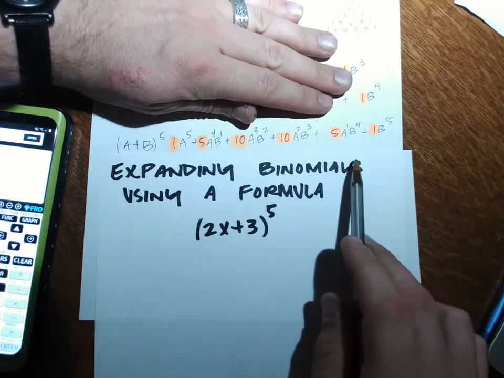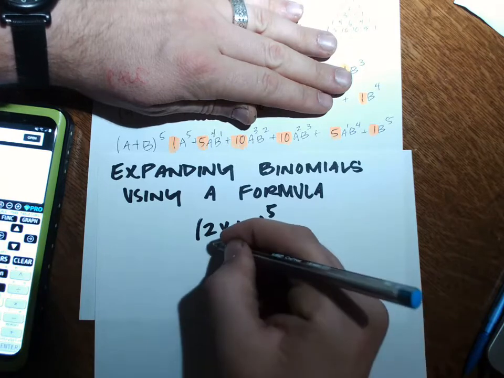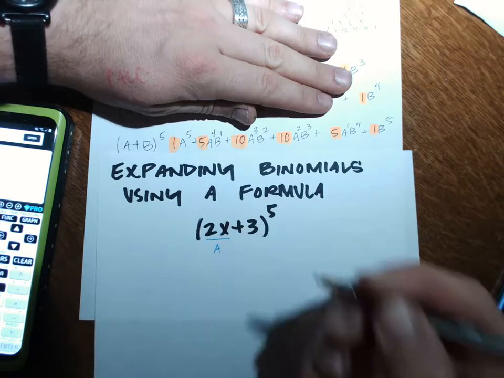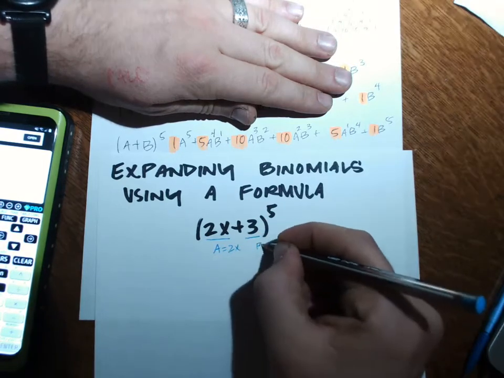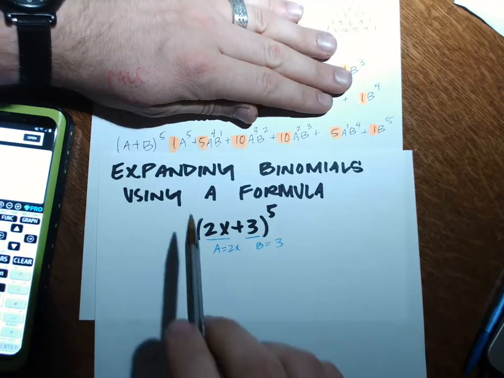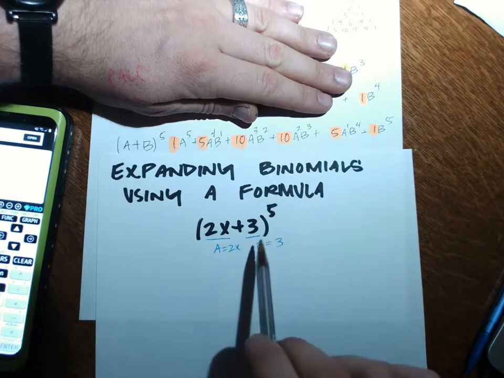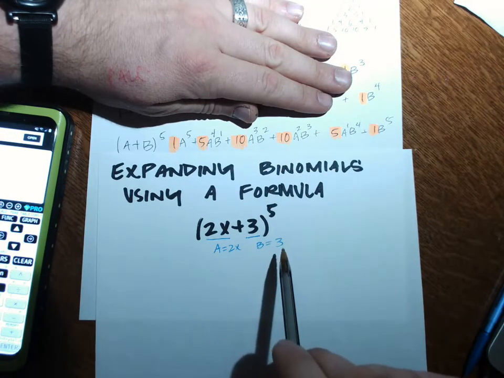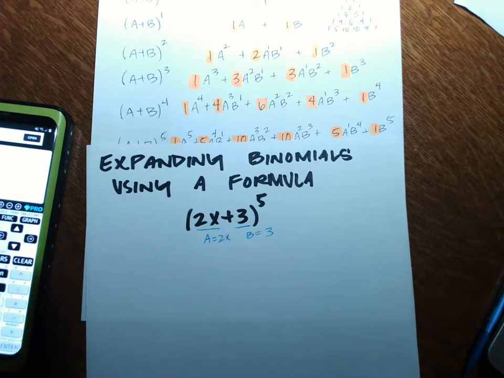It's just this, and if you notice the setup here, a is the first thing, so 2x is a, I'll write it like that, and then b is positive 3. So every time there's an a, we're going to replace it with 2x, and every time there's a b, we're going to replace it with a 3. Now, if we do that, that's going to look like